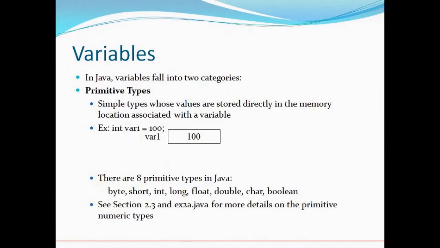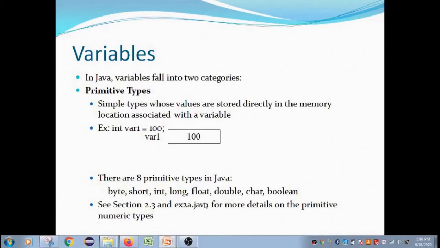How is data stored in memory in primitive data types and in reference data types? These are entirely different ways of storing data. Whenever you define a primitive data type like int var1 equal to 100, this will just make a variable var1, and on that memory location it will store the value in the stack.